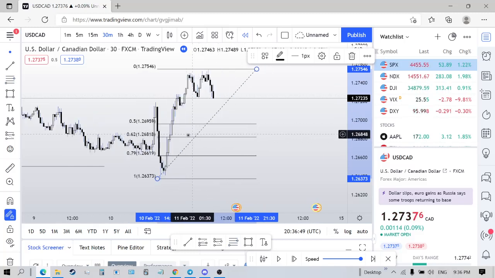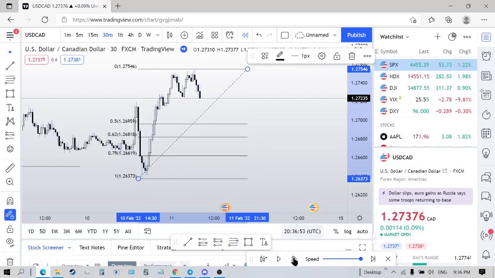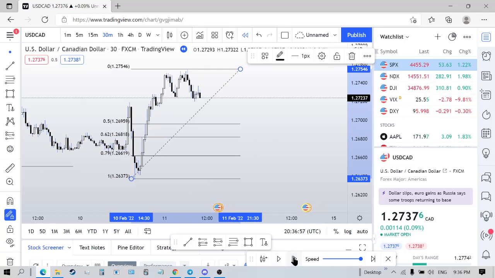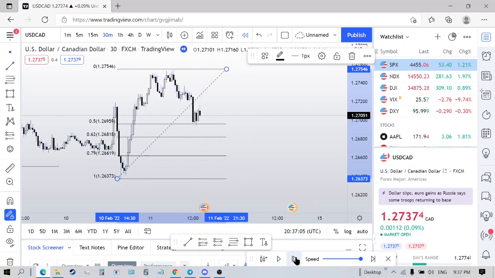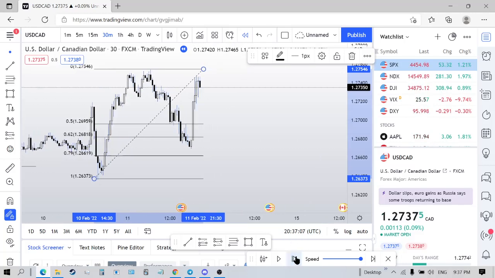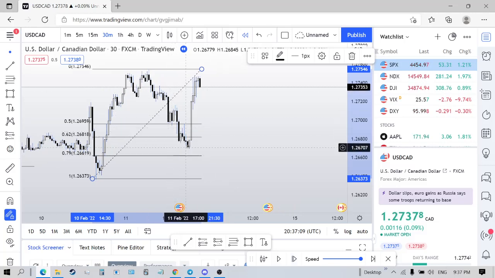Mostly that's what I would like to see, OTE around that area, looking for buys. Okay, so let's print out price. This was on Monday right here, February 11th. Actually, this was on Friday. This is on Friday, so let's get through Friday. Okay, so you can see Friday had a nice run up.